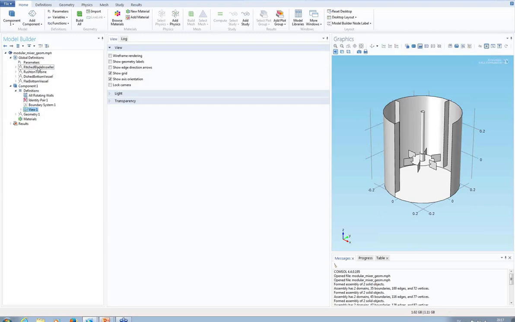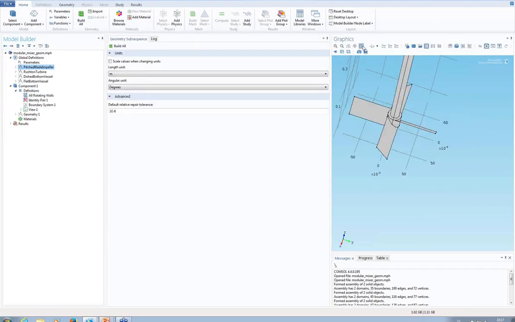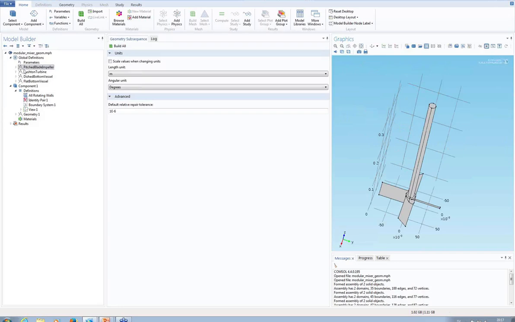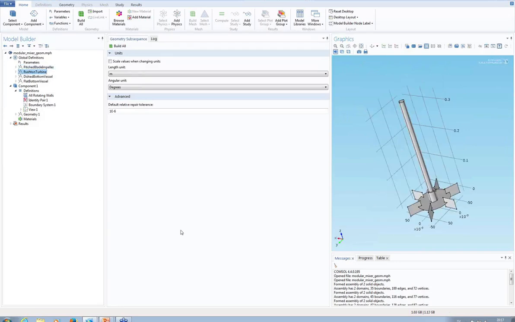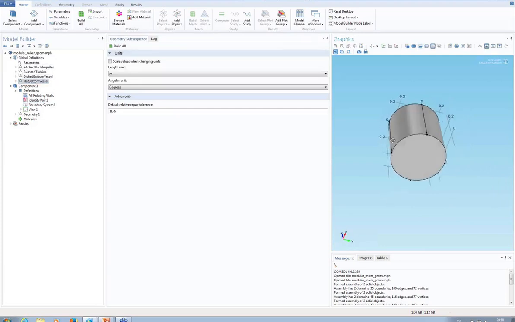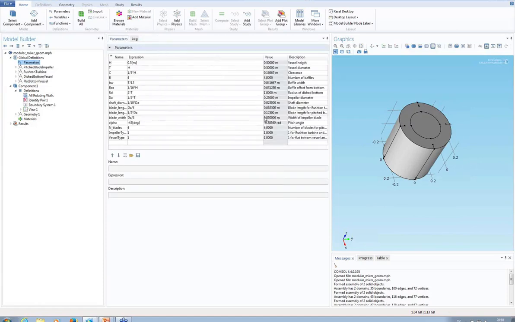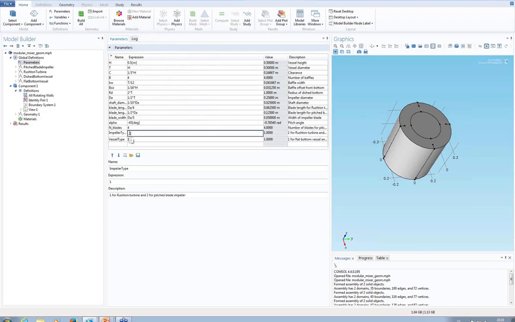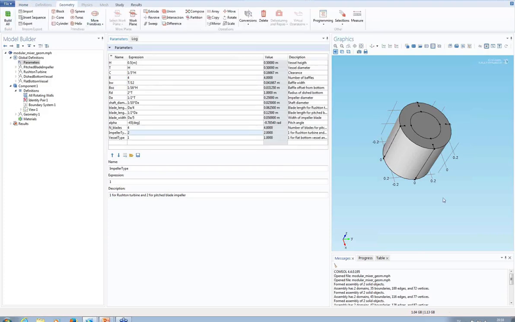We have one that builds a pitched blade impeller, one that builds a Rushton turbine, and one for the dished bottom geometry, and one for a flat bottom geometry. And you can combine these in different ways. So if you want to change the impeller type to a pitched blade impeller, you just